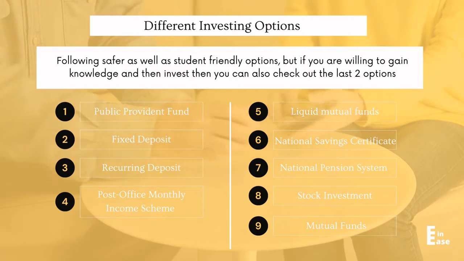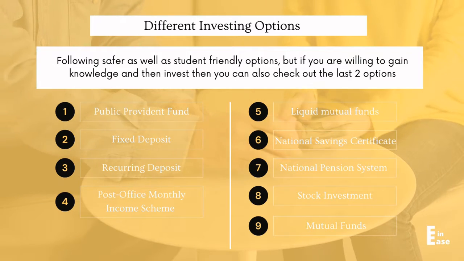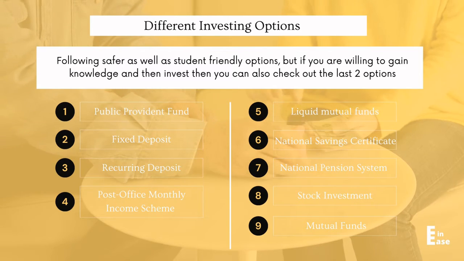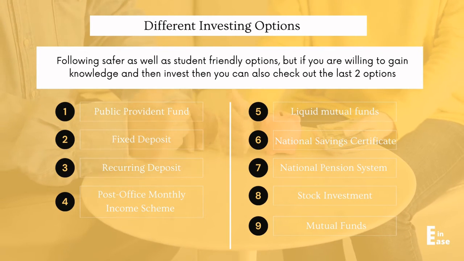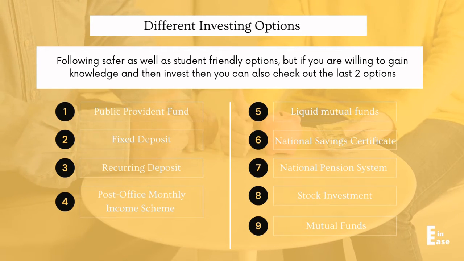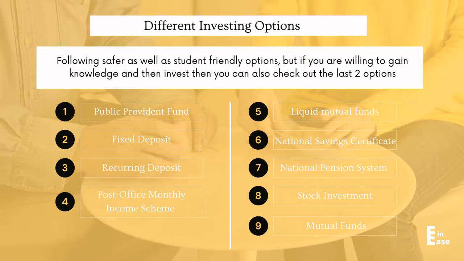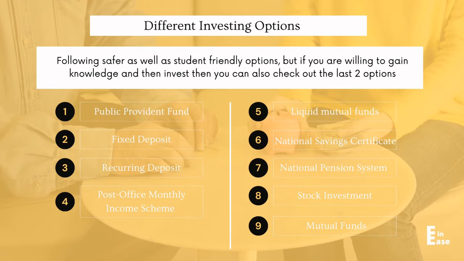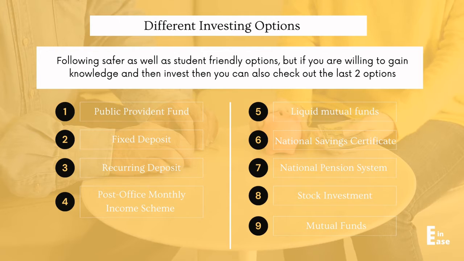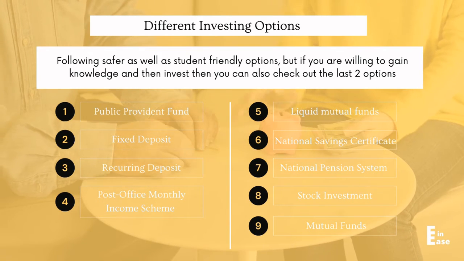Fifth, liquid mutual funds. Liquid mutual funds are similar to debt funds but invest in very short-term investments which are maturing within 90 days. Liquid mutual funds invest in debt instruments, money market instruments, government bills, government securities which mature before 90 days period. Liquid mutual funds returns are ranging between 8% to 9.5% per annum. The objective of these funds is to invest in short-term investments of less than 90 days.